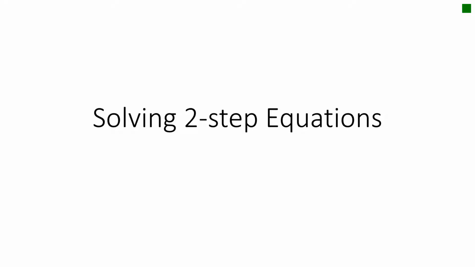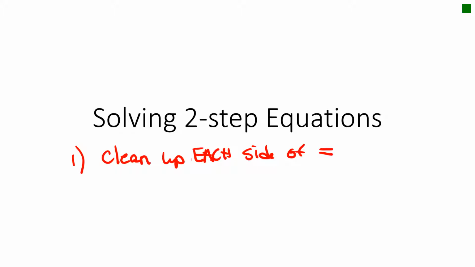Right, so today we're going to do solving two-step equations. Two-step equations are equations that have both addition or subtraction and multiplication or division. The order that we're going to do this in: the first thing is you're going to clean up each side of the equal sign. So that means the left side is all cleaned up, the right side's all cleaned up. That means there's nothing other than a variable term and one number, or just a variable term or just a